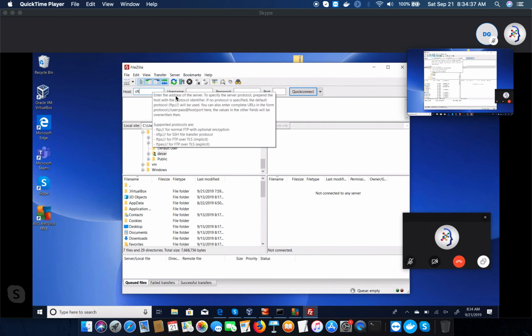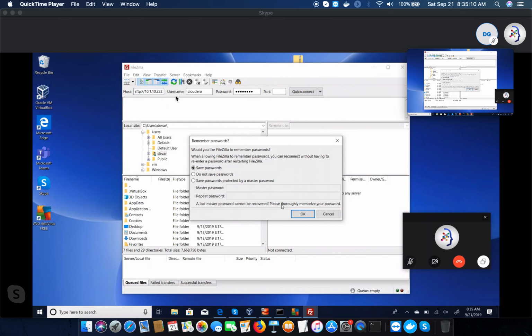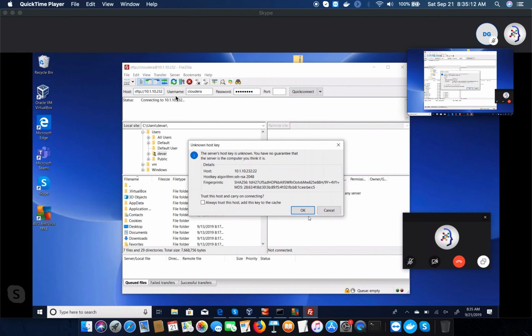SFTP. You should not ever forget typing SFTP://. Then 10 dot, look at that IP of your virtual machine, 10.1.10.232. The username, as all of you know, is Cloudera, and the password is Cloudera. So type in the username, password, and the IP. Never forget SFTP:// and then click on Quick Connect, and please accept all these things and click OK, and you see the